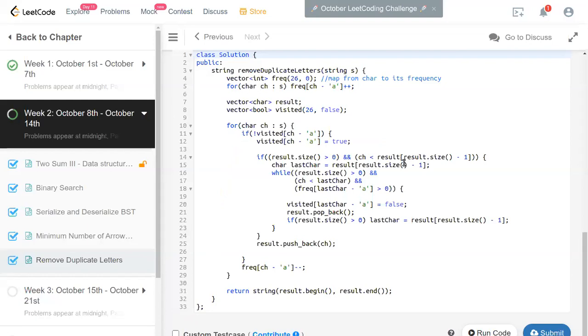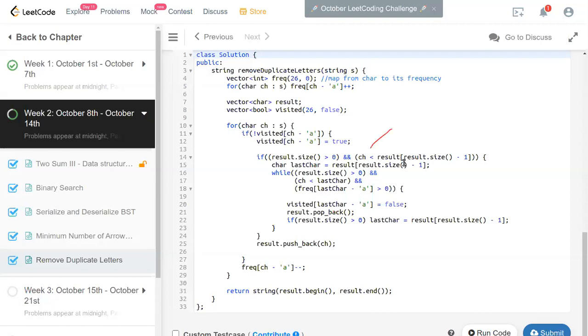Now inside here, I'm going to immediately mark it as visited, because I'm sure that when I come inside here, I'm going to include this character. But how do I include it? There are possibilities. One possibility is if this is the first character, as in the result does not have anything, or the previous character is less than the current character.